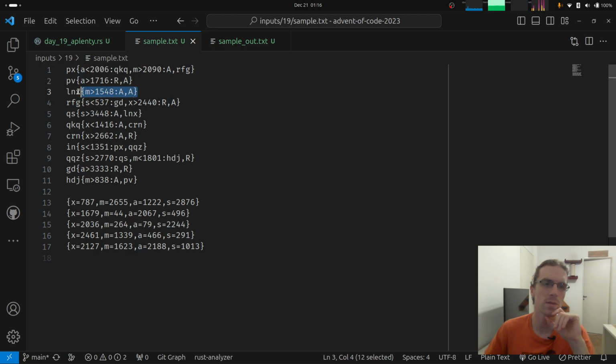So this workflow is always going to accept no matter what it receives. That is interesting. We could look at all of the rules that say accept, and for all the workflows,